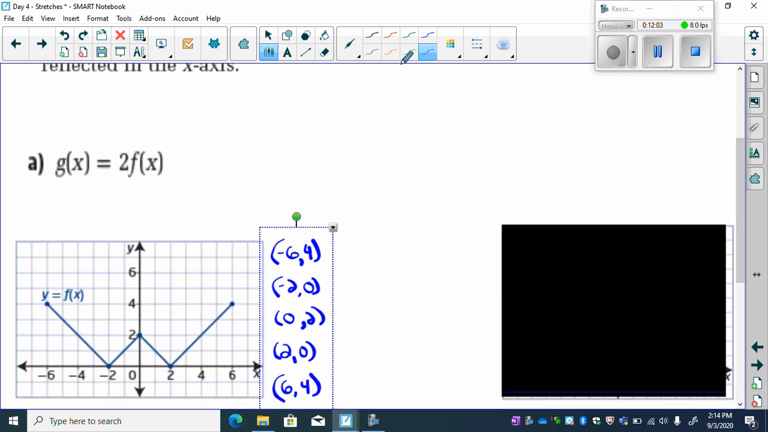Notice where the 2 is here. It's in front of the f of x. That means multiply the whole right-hand side by 2. It's the output. So in this particular case, that is an a value of 2. And if a equals 2, we can say there is a vertical